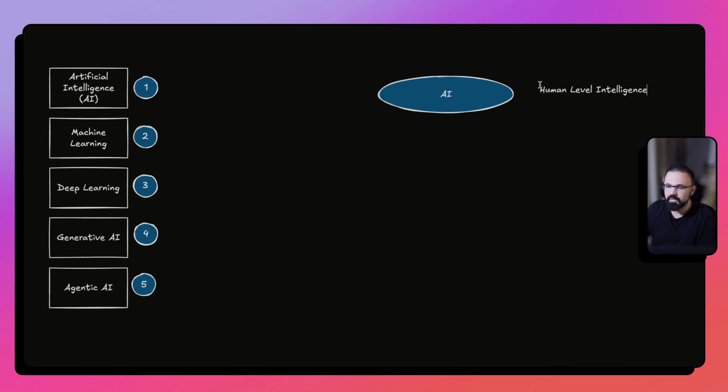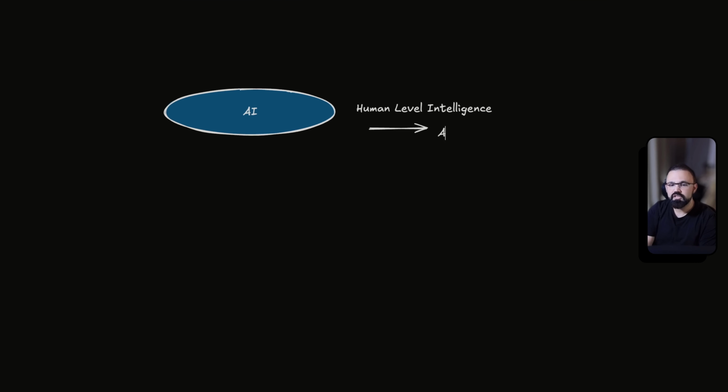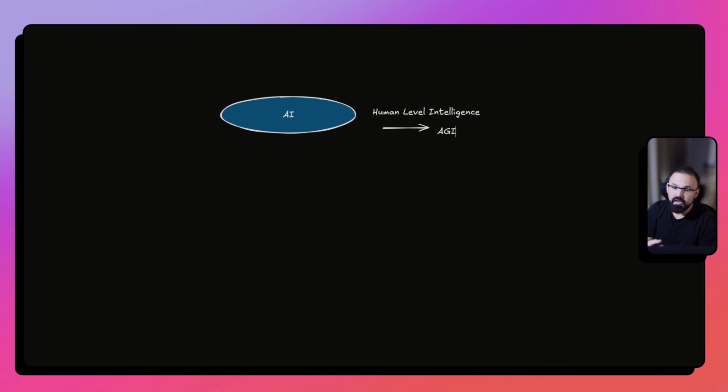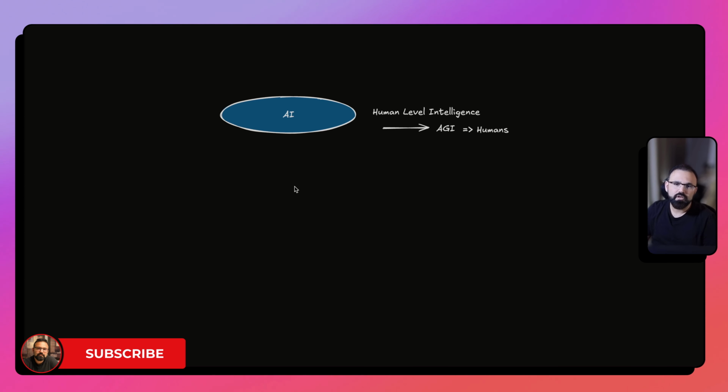So that's the goal. The end goal is to achieve AGI. What is AGI? AGI is artificial general intelligence. The idea behind this is to have equal or greater intelligence than humans, right? So that's the general goal that everyone has in mind, and this is where we are going towards. Now that we have looked into what AI is and what AGI is, which everyone is trying to achieve at this point, this is a concept.